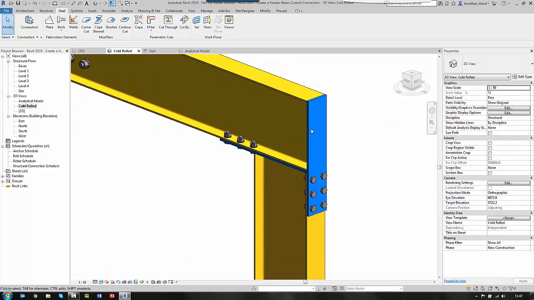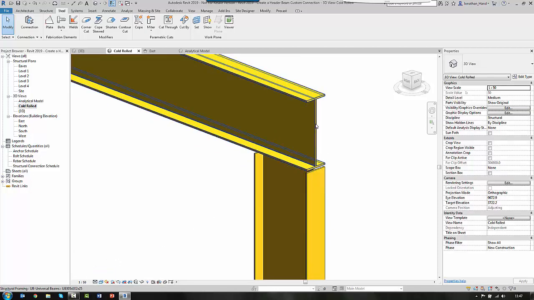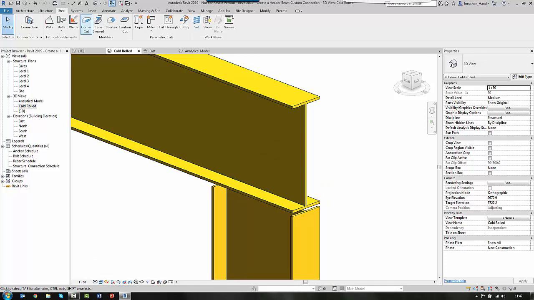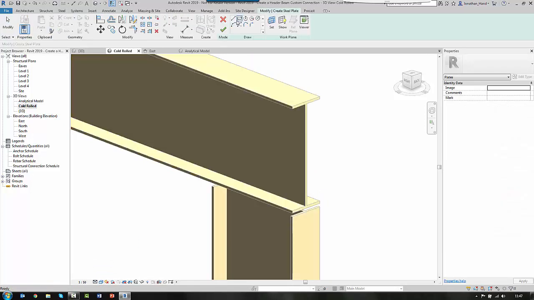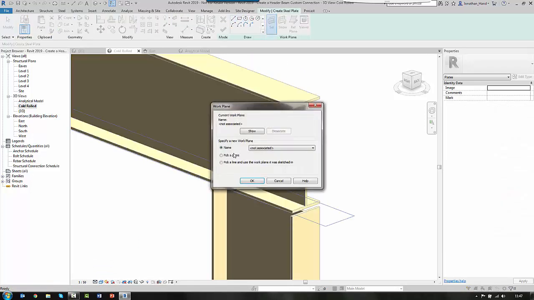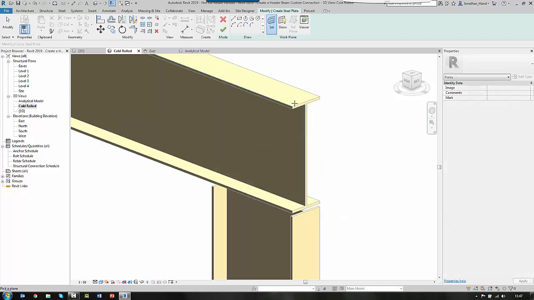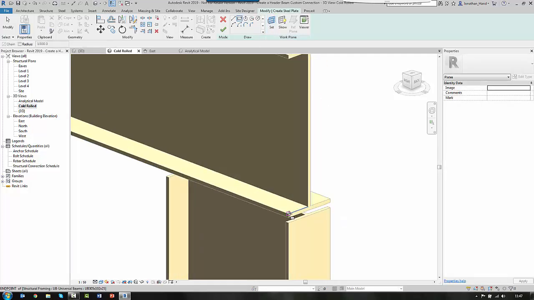We can add in some stiffeners now if we wish. What I tend to do for this is I'm going to go to a medium level of detail, and I'm going to put plate on the end. So I'm going to go to plate and add in the stiffener plate, set the reference plane, so I'm going to pick it so it's here again, and then I'm going to draw a plate from here